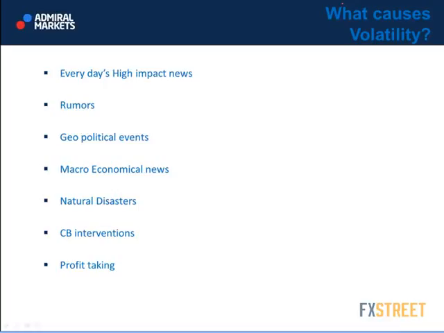Profit taking is also one of the reasons for high volatility, because profit taking can be the first sign of a reversal. So let's say that the price is going upward, and when profit taking occurs, usually the price will start a retracement. But you need to figure out whether that is a retracement or a reversal, because retracement and reversal are not the same thing.